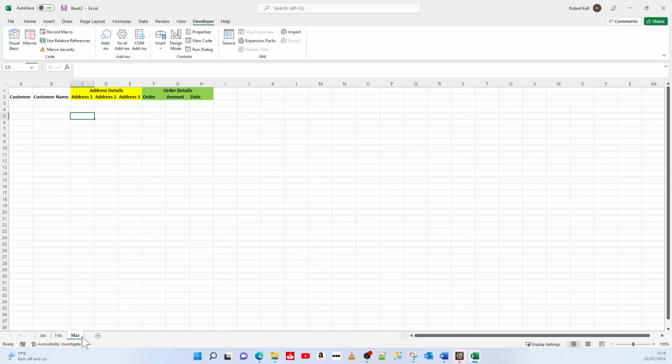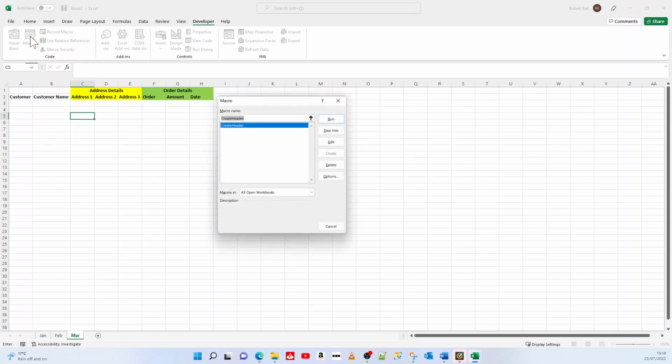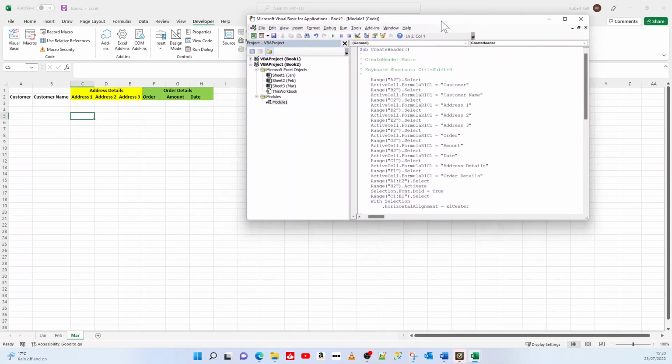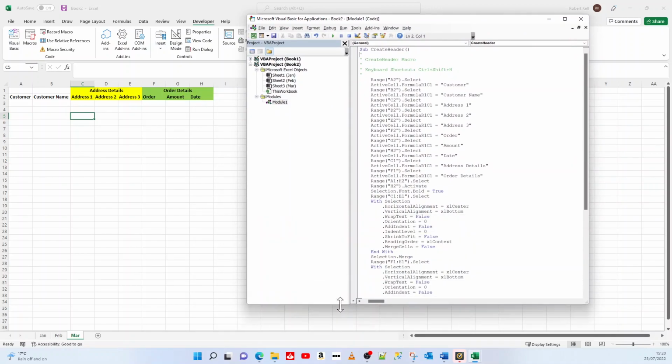the headers for March. Now, what the macro does is when you run it, it just goes through all of the steps that you did when you're recording your macro. So let us have a look at how that looks in the code. So I'm going to go to macros here, and there's a list of our macros. We've only got one. If I click on edit, it will bring up this window here that shows each of the steps